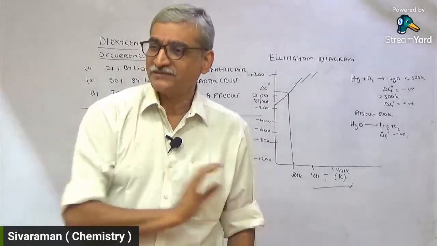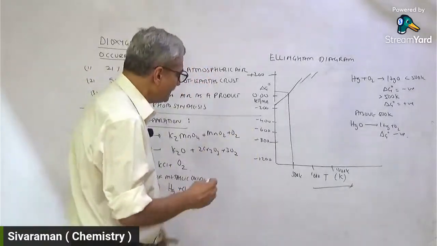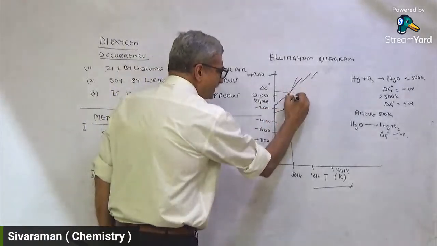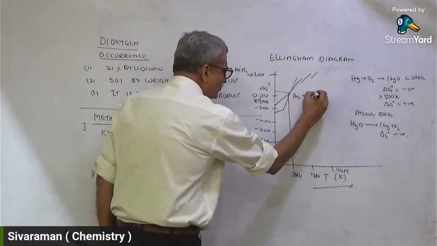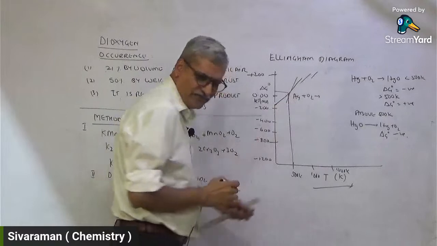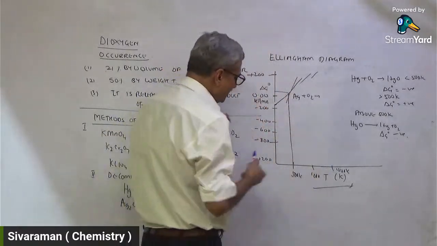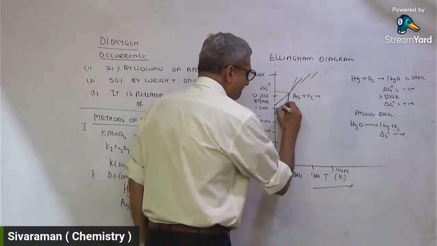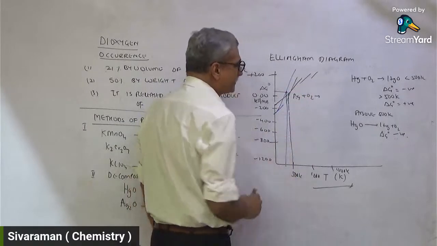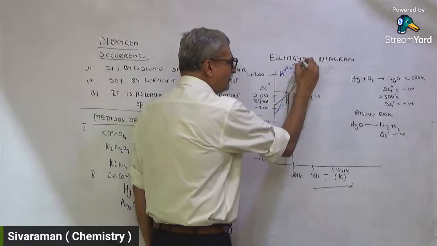At 500, the free energy change for the reverse reaction is negative, spontaneous. It starts decomposing. The same story will be for Ag2O. So Ag plus O2 forms, I'll put it like this. We had a blue pen, correct? So we can use that sometime. Here you can see it is much sharper. Okay, so this is Ag plus O2 forming